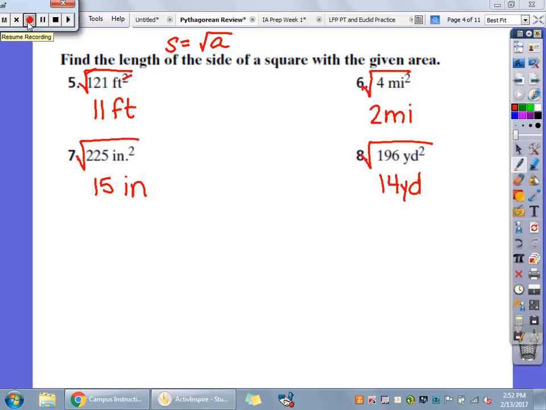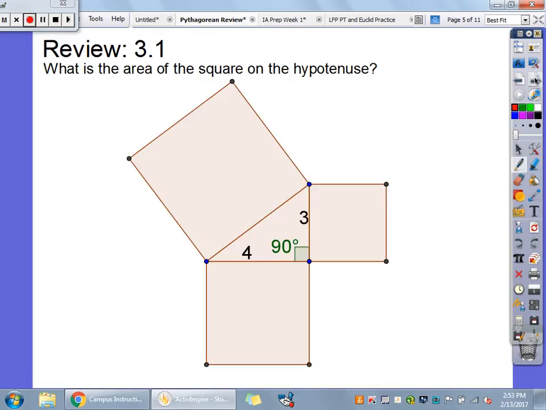Okay, so we should have 2 miles for number 6, 15 inches for number 7, and 14 yards for number 8. So remember, these were the areas, and these are your side lengths. Okay, and then on this one, they're just asking for the area of the square on the hypotenuse. So if you remember what we did earlier on that little half sheet of paper, hopefully you were able to